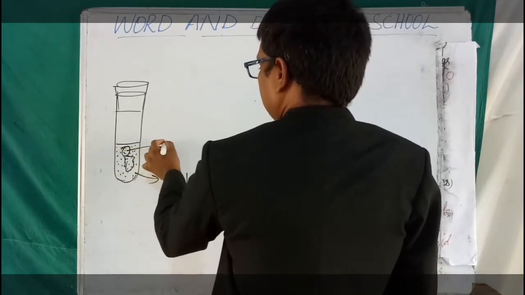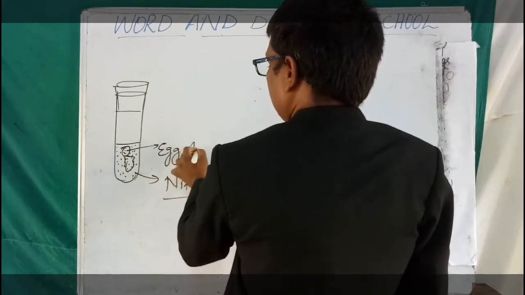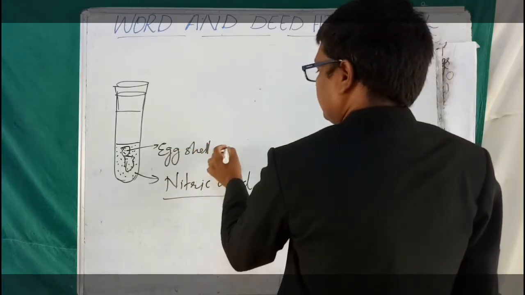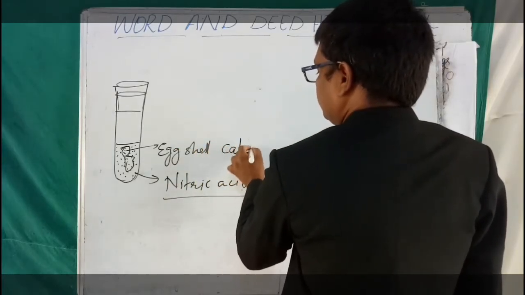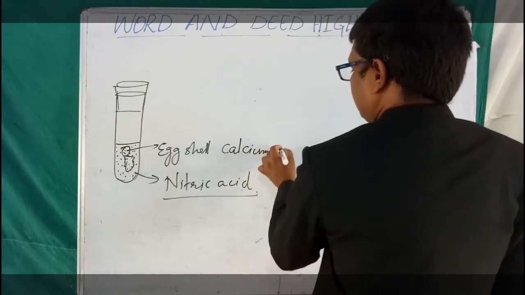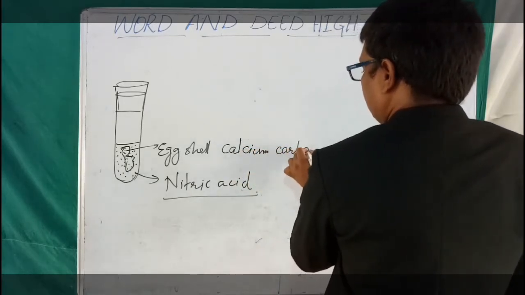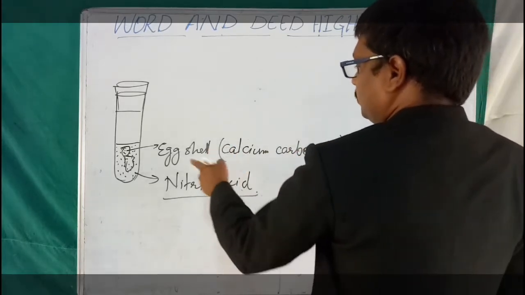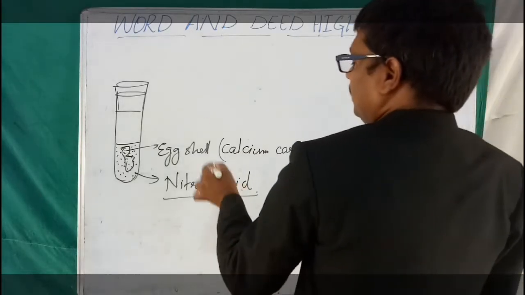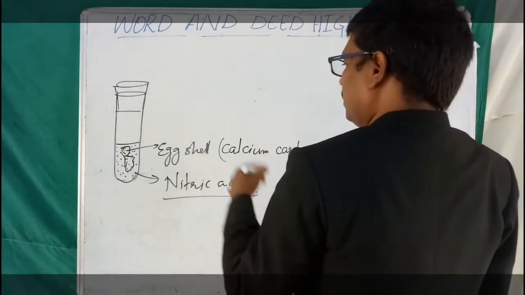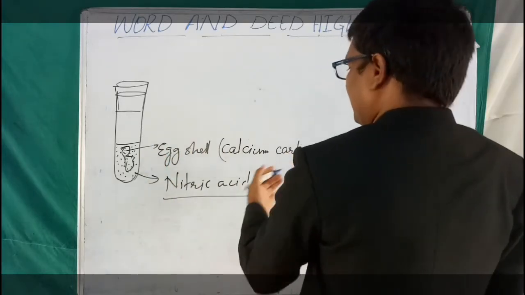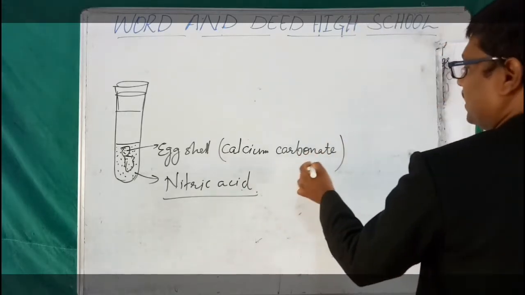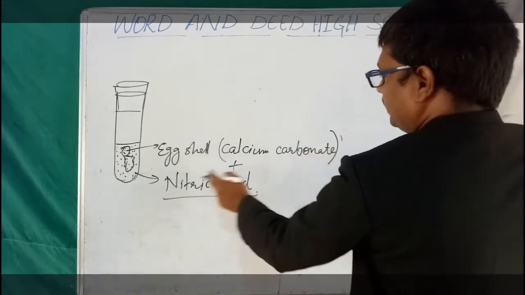Eggshell, what is the composition of eggshell? Calcium carbonate. The eggshell composition is calcium carbonate. In the previous class I have already taught you how nitric acid and calcium carbonate react. What are the products after these reactants react? Calcium carbonate and nitric acid,